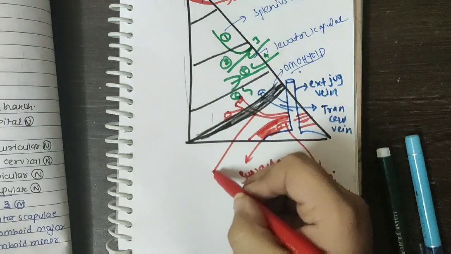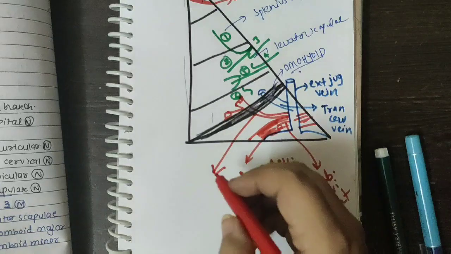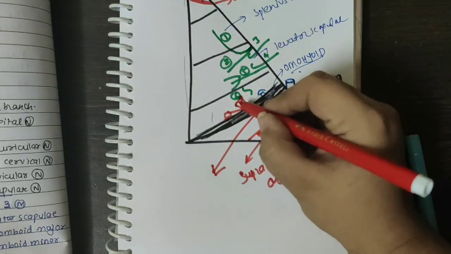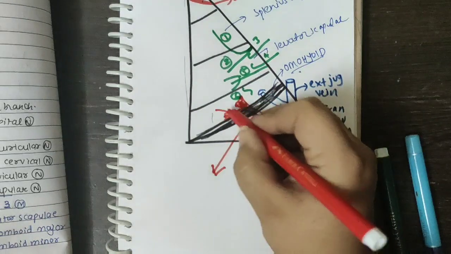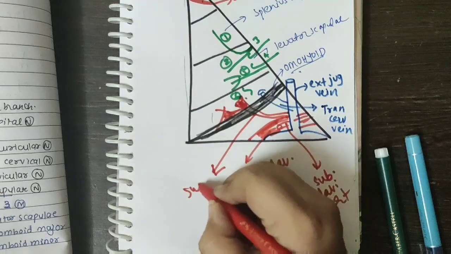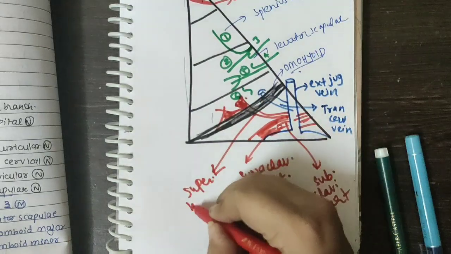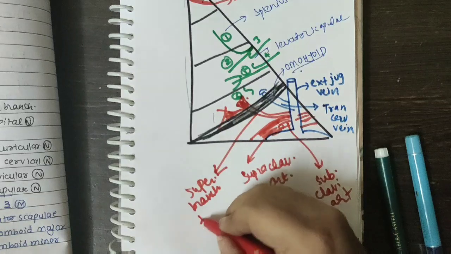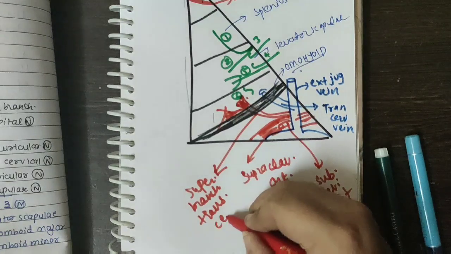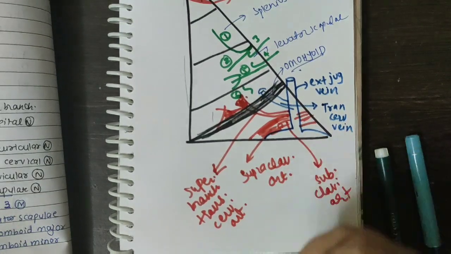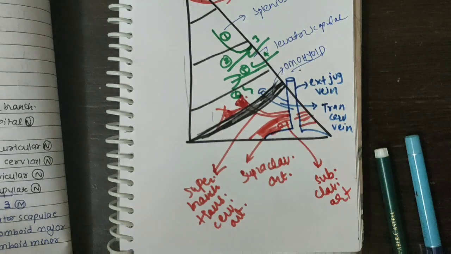And this artery is dividing into two. We are only concerned about the superficial branch. This is the deep branch which is not the content. So here we are concentrating on the superficial branch of this artery, that is the transverse cervical artery. Okay? So this is it that you all have to remember.